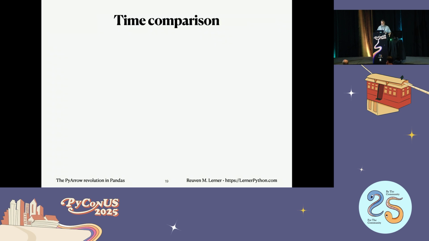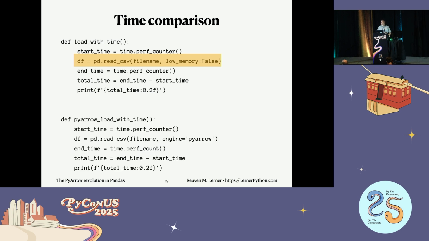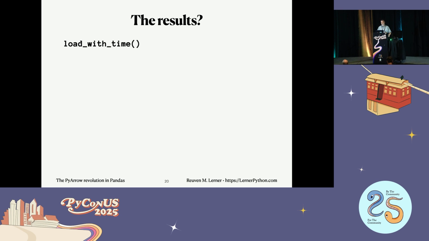Is it really that useful? Let's find out. I've got a function here that loads up that data file of New York City traffic tickets, and I'm going to figure out how long it takes to do this. I'm going to say read_csv with the file name, low_memory equals False, read the whole thing into memory. And then I've got a similar, almost identical function where it's going to load it in using PyArrow. So what are the results? If I load it the regular way, it takes 103 seconds on my computer. With PyArrow, 8.6 seconds.